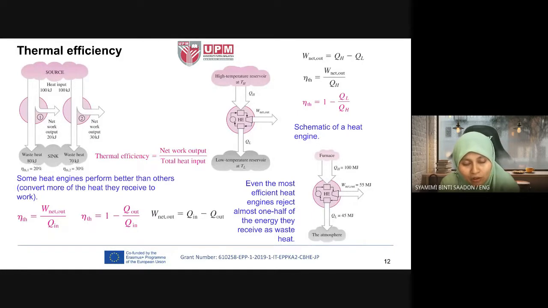Okay, but all the methods like I mentioned, combined cycle or regenerator, reheat, intercooling, have pros and cons. So it depends on what our aim is, what our desired output is. So we have to choose wisely how to increase the efficiency, the performance of the engine, whether we want to add an intercooler, whether we want to reheat, whether we want to add another combined cycle. This can be done, but it depends on what your aim is, what your desired output is.